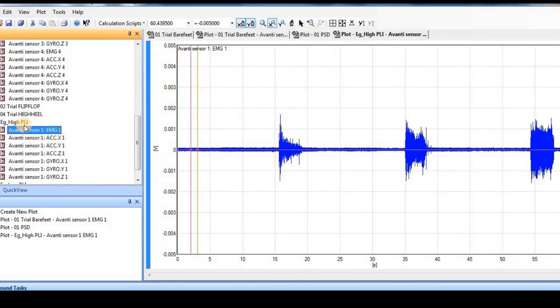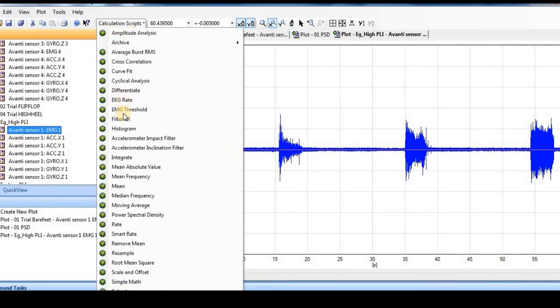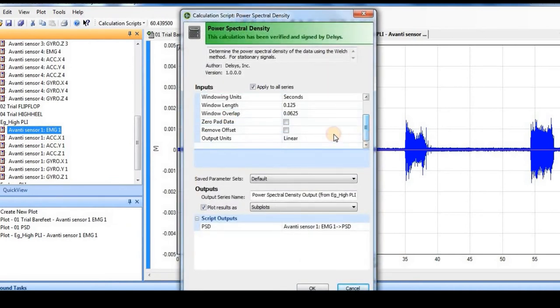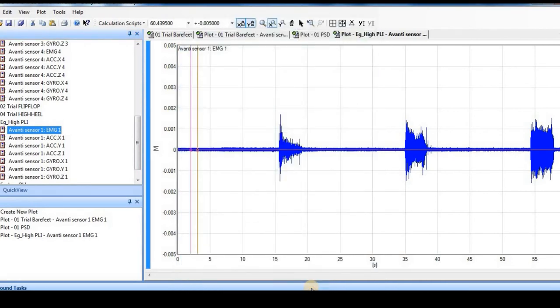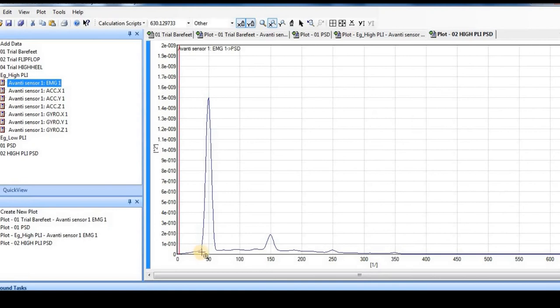Now this is the data series which has high power line interference, and if I run the same script, that is power spectral density, with the same parameters input, and I give it a separate name this time, I'm giving it high PLI PSD, and now if I see it, you can see the difference. Here at 50, then 150, then 250, then 350, you find that there are spikes.